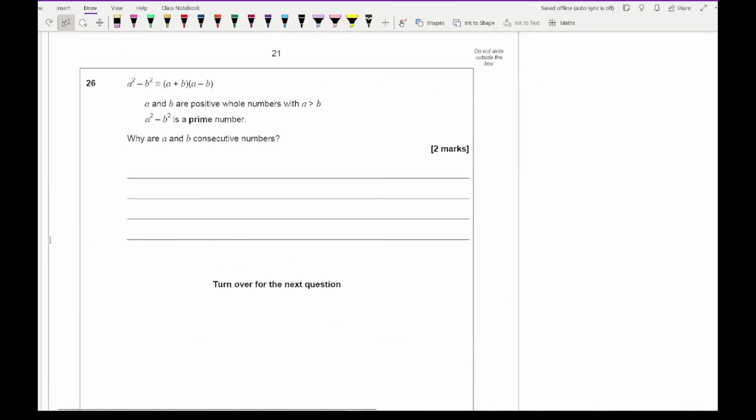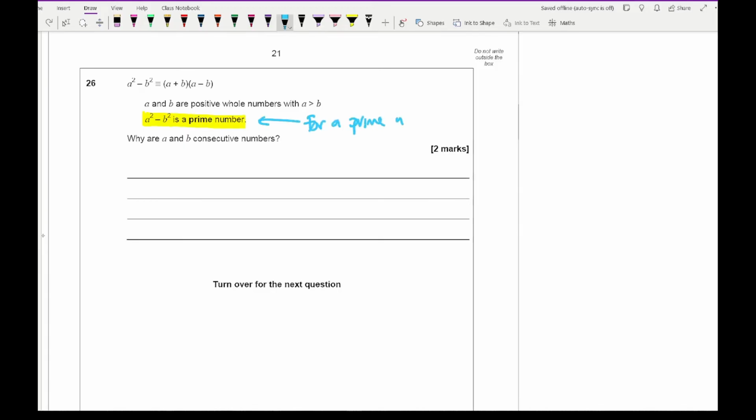Then looking at question 26, this is looking at algebraic proof. It says that a squared minus b squared is identical to a plus b times a minus b. A and b are positive whole numbers where a is bigger than b, and a squared minus b squared is a prime number. Why are a and b consecutive numbers? Well, the key thing with regards to explaining this is the fact that a squared minus b squared is a prime number. Now for a prime number,